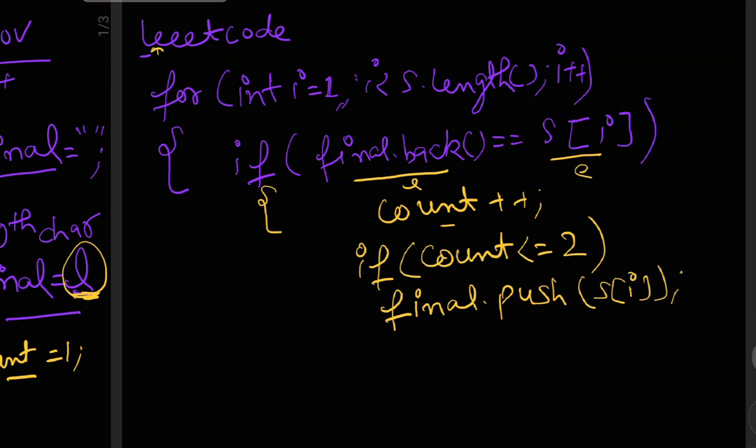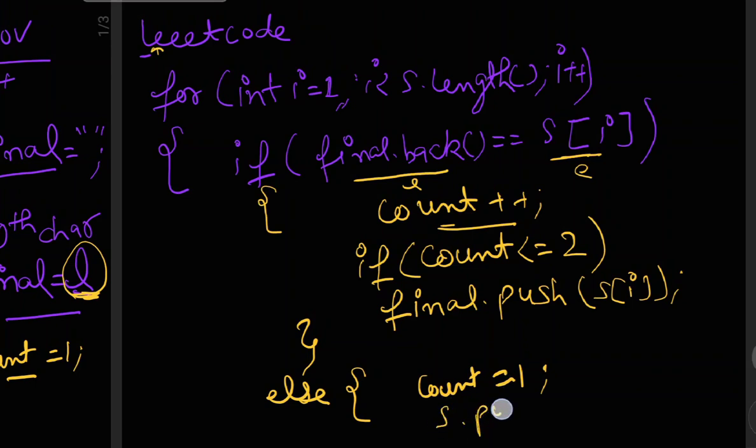If the length is greater than 2, then I will only increase the count and not update that. Else, if this was the condition when my final dot back is equal to S of I. But if my final dot back is not equal to S of I, then I will increment, because this one is a new character now. So I will increment my count. I will initialize my count with 1 and I will push